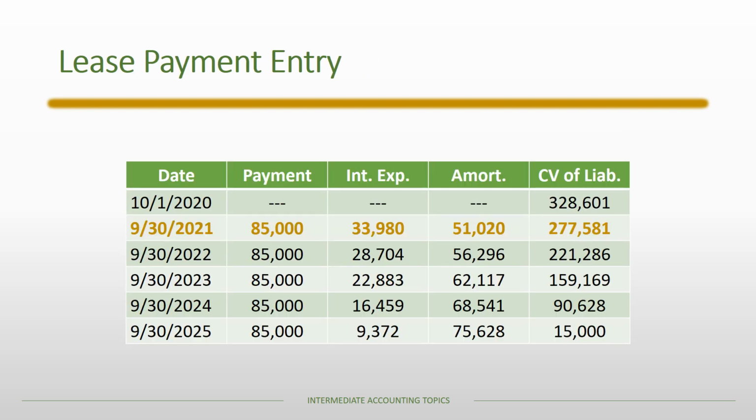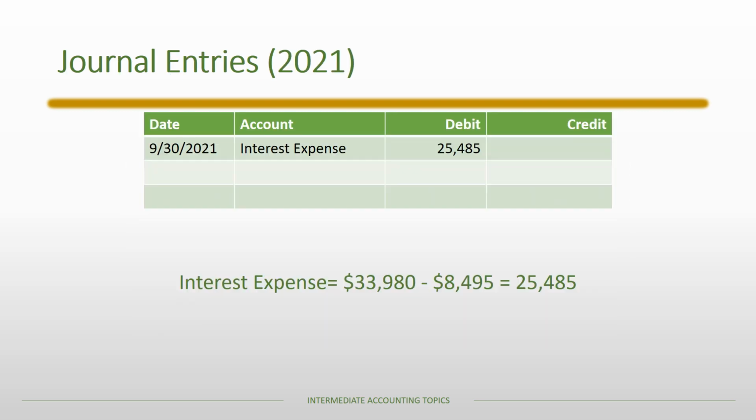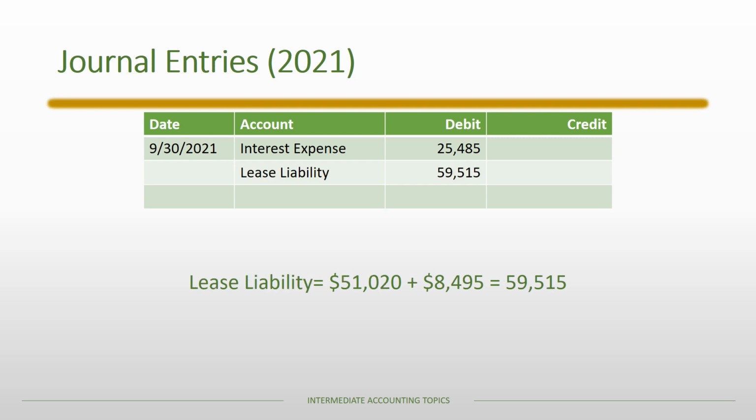All right, so now we're moving on into 2021, and the first thing we're going to have is the lease payment on September 30th, 2021. And so first of all, we have the remaining interest expense, and so we have a total interest expense of $33,980. We had previously accrued $8,495, which means on this date we will record $25,485. The lease liability account is the amortization from the table, the $51,020, and we need to also amortize the